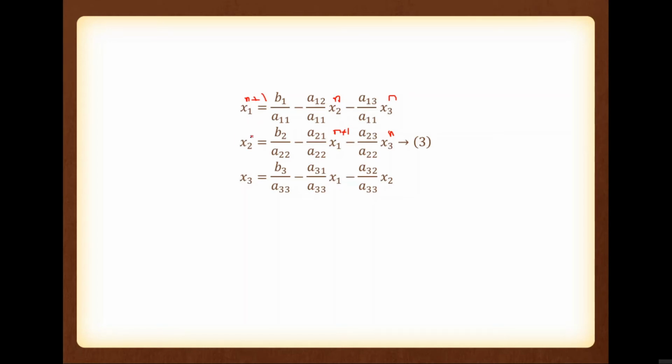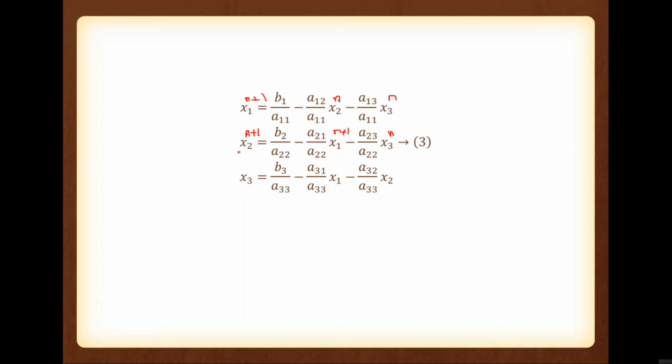So it will give x2 n plus 1. Okay, so please note, in Gauss-Seidel method, we are substituting the latest value. In Jacobi method, we are substituting the nth value, whether the latest value is available or not, we are not bothering about that. We are substituting the nth value in Jacobi method. In Gauss-Seidel method, we are substituting the latest value.